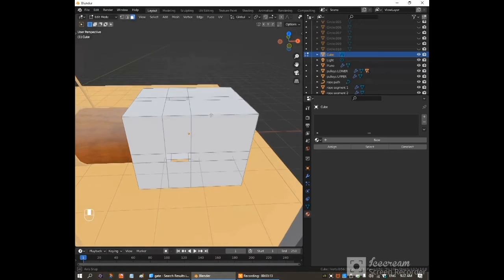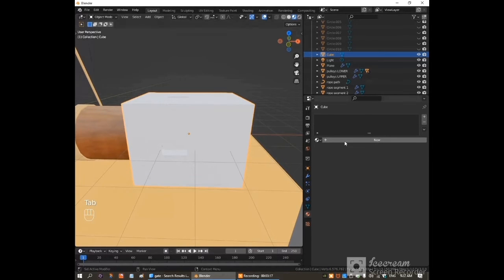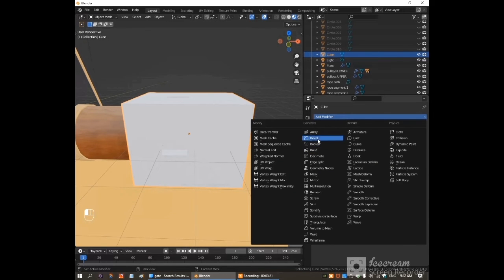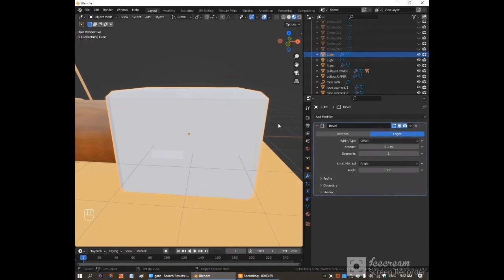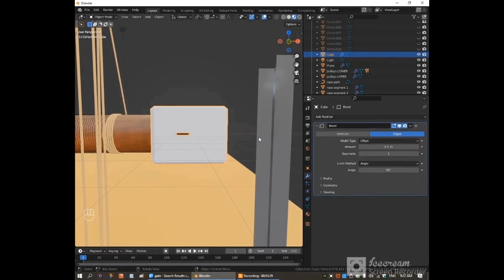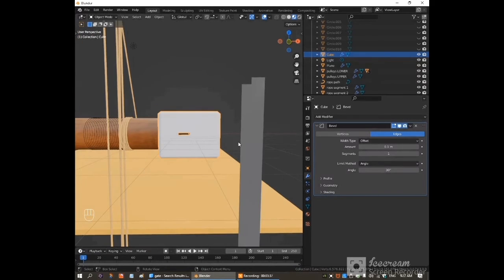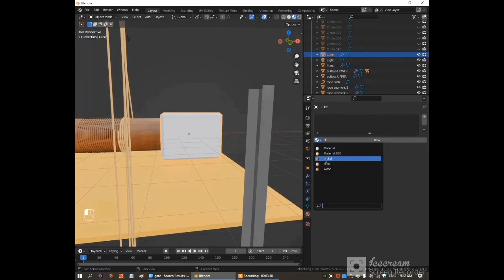Okay, now what I wanted to do, and I think I forgot to do this, press Tab. What we want to do is add a modifier to this. We're going to add a bevel modifier. Bevel. Okay, that worked. Alright, so add a bevel modifier to that, and then we're going to give it the wood color here,